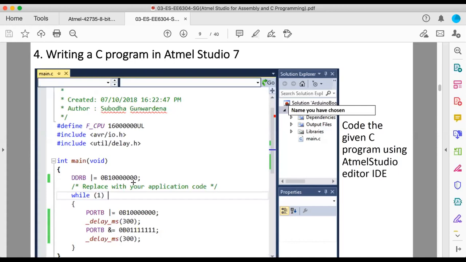If you want to make it input, we set it as 1. Output corresponds to 0, input corresponds to 1 in PIC microcontrollers. But if it is Atmel microcontrollers, if we want to set a particular pin as output, we have to set the data direction to 1.